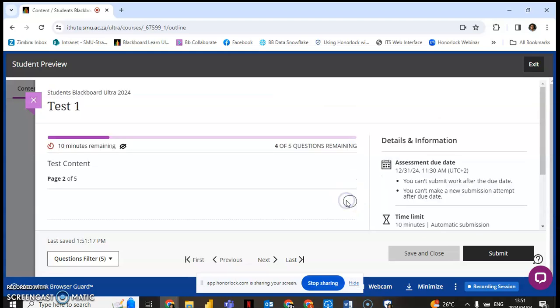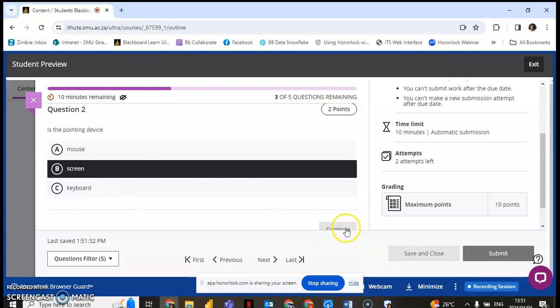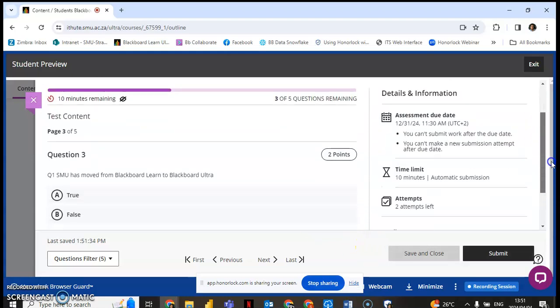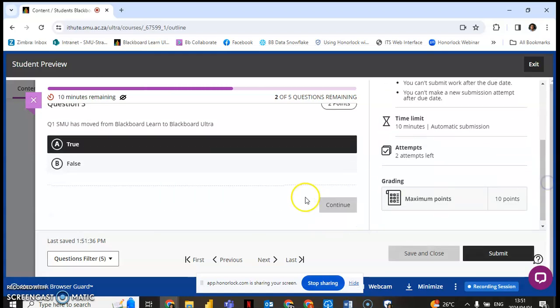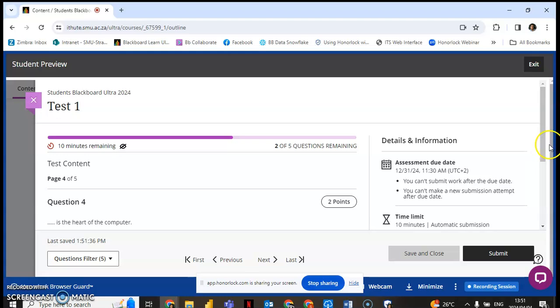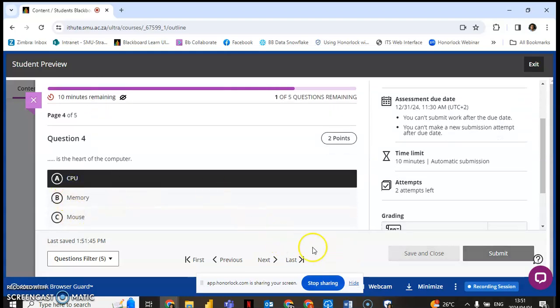So you select the answer. You move to the next question. You select the answer. You move to the next question until you answer all 5 questions, or all the questions that are in the test. So you select each question and then you write. You click on